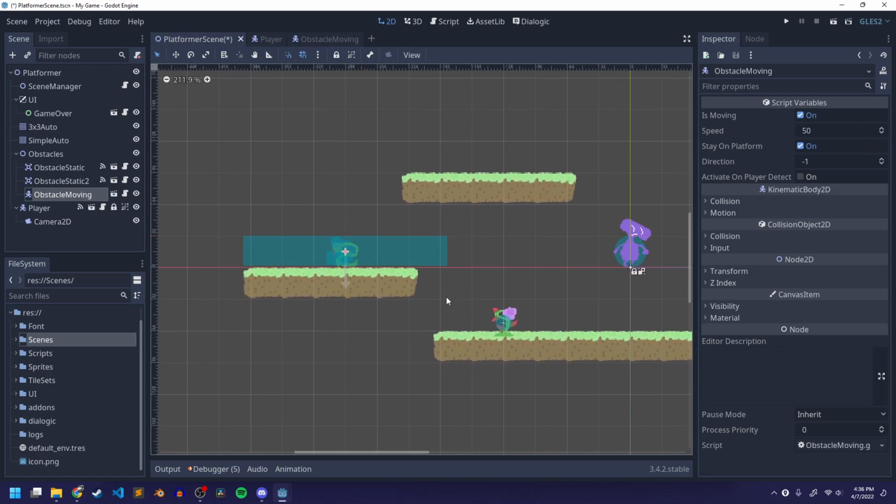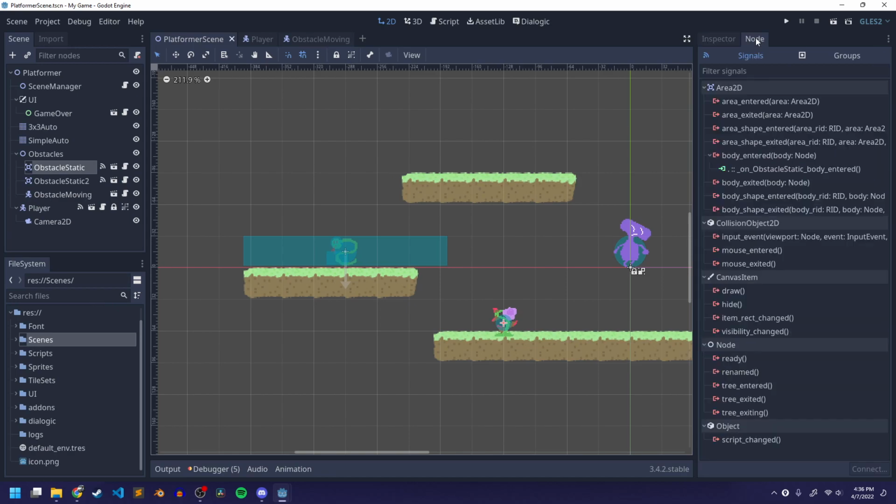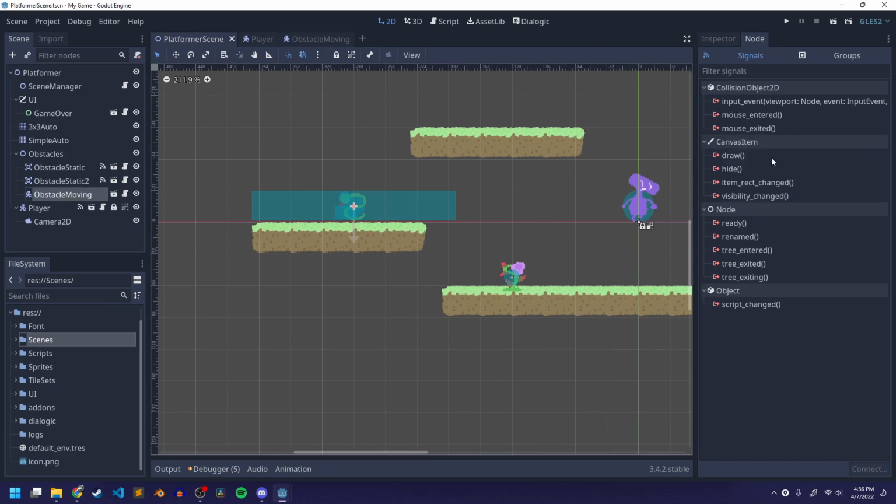One thing I want to do is connect my snake to the scene manager, just like I did with my static obstacle. In the node section over here, I have this on body enter, and that's going to send the signal to take a life away from the player. So we need to add the same thing to our obstacle moving. If I go to the obstacle moving,